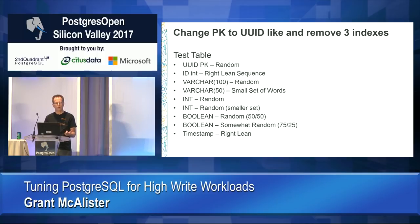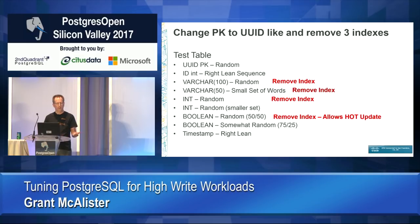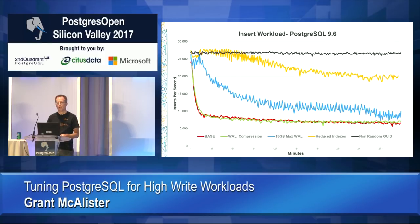So what I did was I changed this original; we removed those indexes. We removed another index on this varchar, removed another random index on that one, and then we made the UUID non-random. And we made it right-leaning by adding the date to it. And this is what we get as a result. So you can see in the black there,